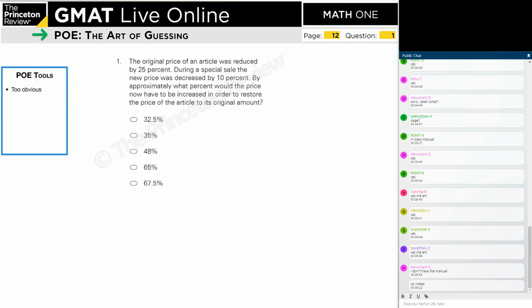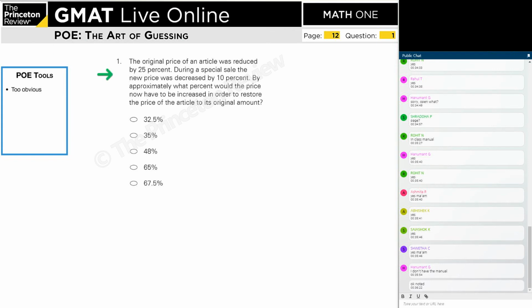Right. So now we will start with today's lesson. First of all, we are going to learn process of elimination, which is again an art. In the beginning, there will be more questions which you will not know how to do rather than knowing how to do them, right? Okay. So you should be able to eliminate some of the obvious wrong answer choices, right? Some of the very obvious ones.